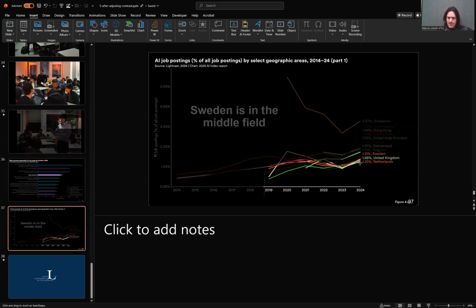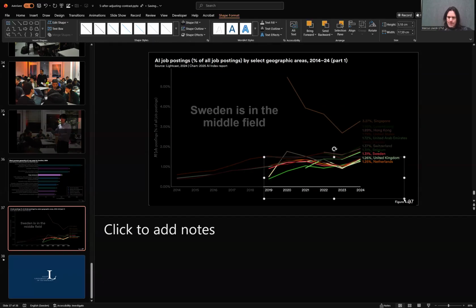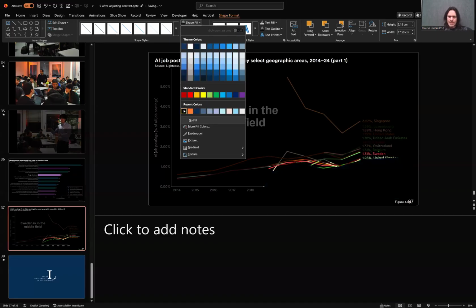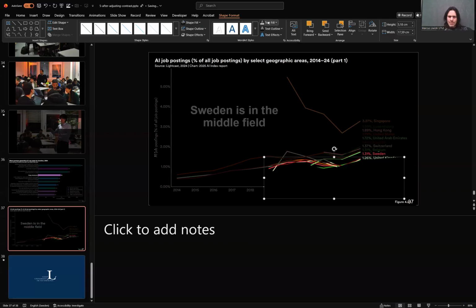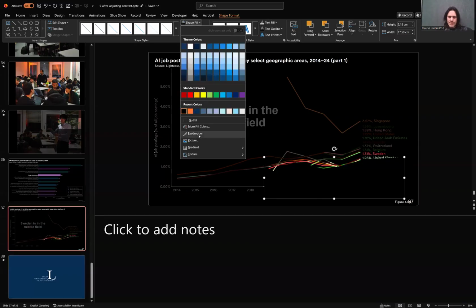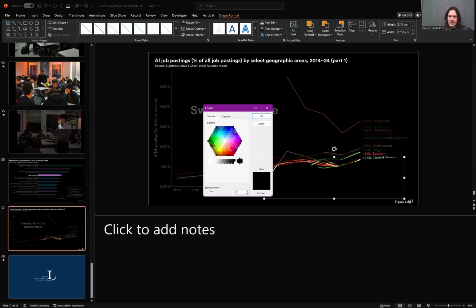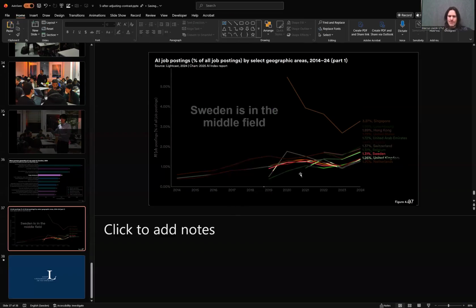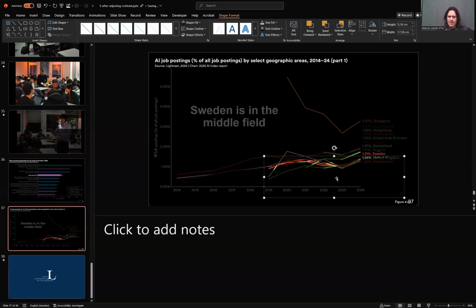So we make here a freeform line, following now everything else. And then with a shape format, and we fill it with black, but not exactly black, but the 30% transparency. And now the focus is clearly, we move it just a bit more up, on the development of this line